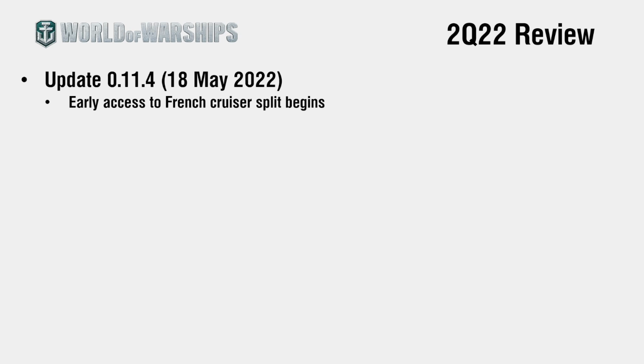So we had the French cruiser split. Of course, we've got these French super cruiser things, the split starting down at Tier 8. Although I guess technically if you want to count Toulon, which is a premium, it sort of starts at Tier 7. But that began back in mid-May. We got the full release of the Italian destroyer line. So all of those ships are now freely available out of the tech tree, all the way up to Tier 10's